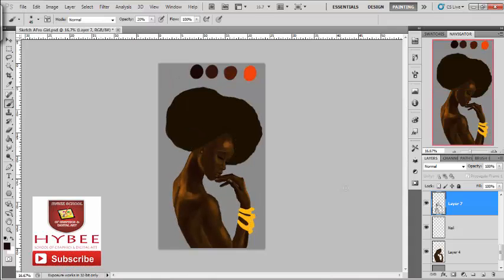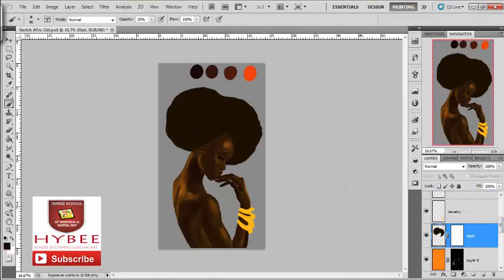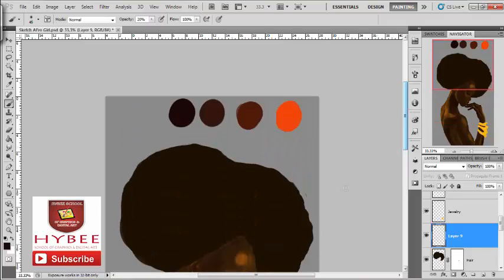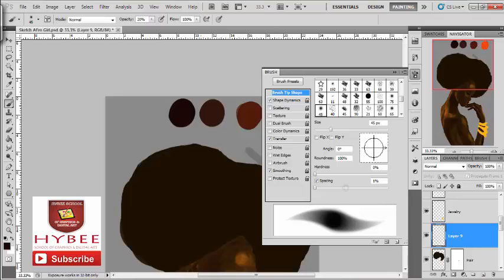Trying to figure out the ear from the painting. You can see it looks nice. When you paint in Photoshop,